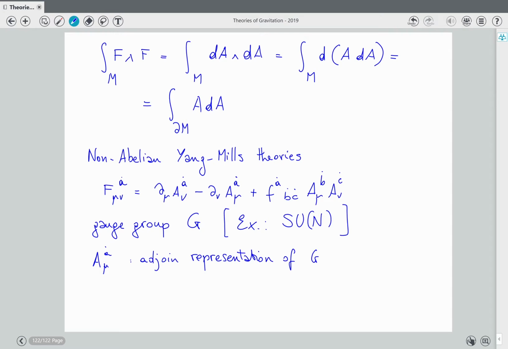And so this is a connection that is, if you want, like omega^{AB}. It's a connection with two indices, but the difference is that here, unlike gamma^mu_nu in the case of gravity where both indices are the same type, here they are different types. So you will have